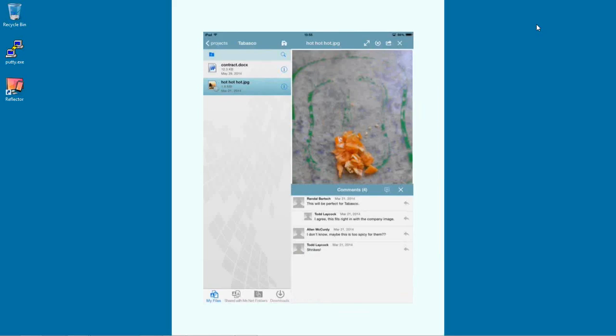Now, when I first heard that we're going to have comments in Filr, I thought, why do I need that? I comment on Facebook posts. Why would I comment on files? Well, if you think about it, if we look at how people used to share files, remember those different examples